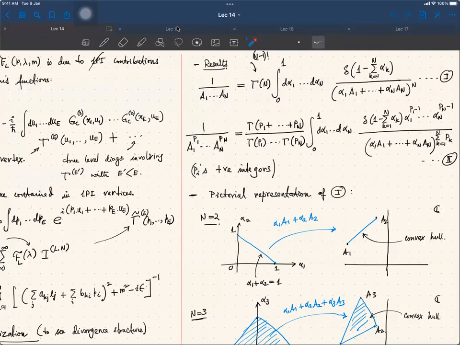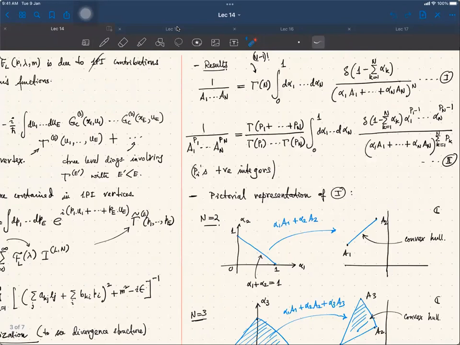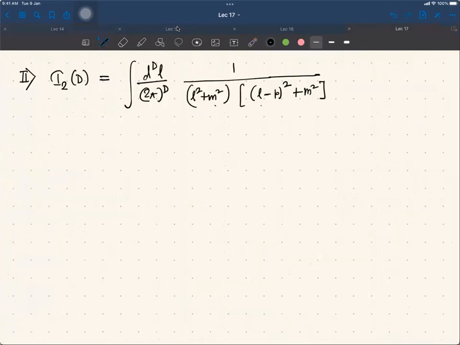So alpha 2 should be equal to 1 minus alpha 1, right? So I can get rid of this alpha 2 integral and the delta function and substitute in this integrand alpha 2 equals 1 minus alpha 1. Okay, so this is what I'm going to do. So this is gamma n equal to 2 means gamma 2. So this will be gamma 2